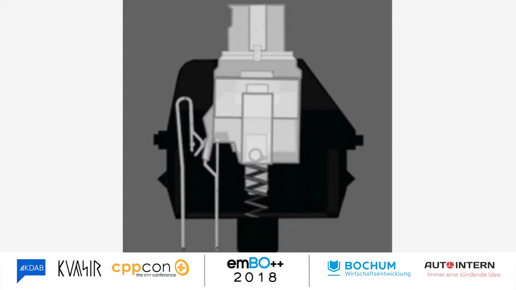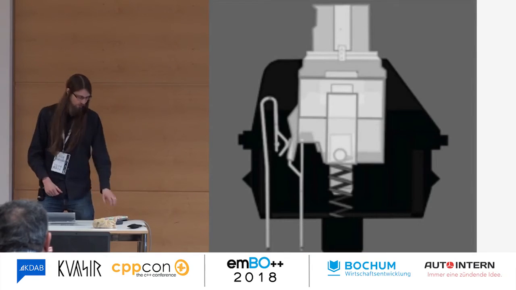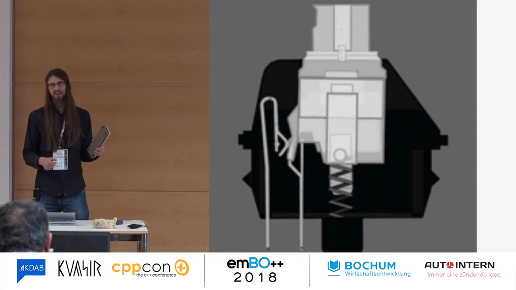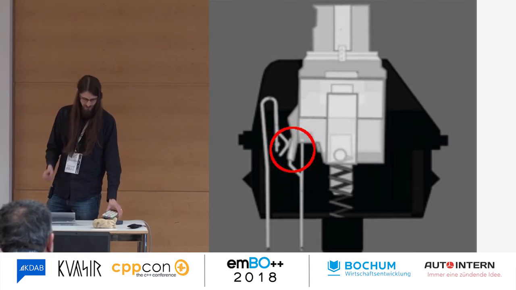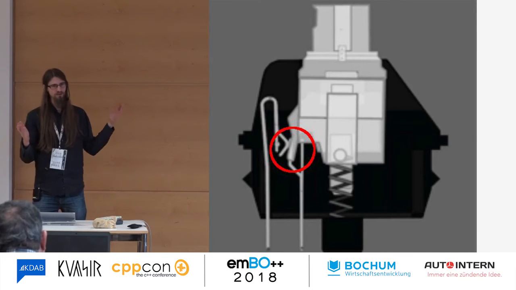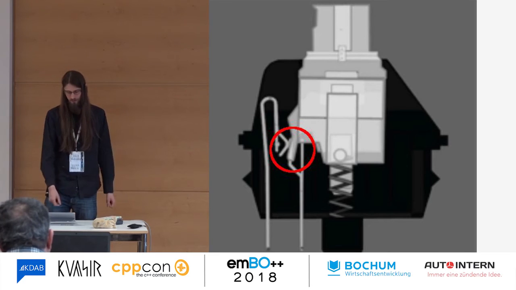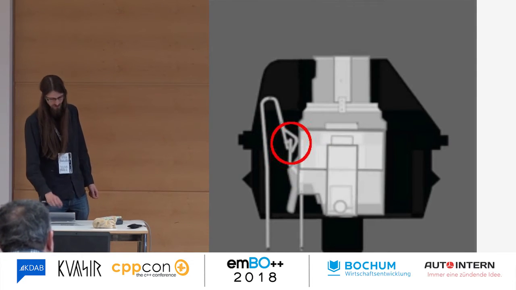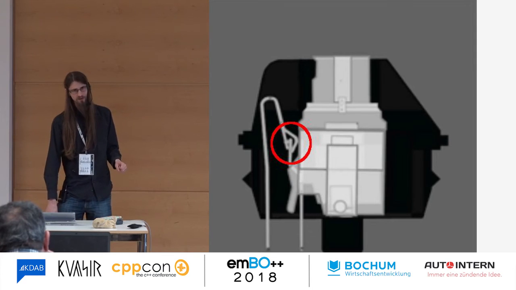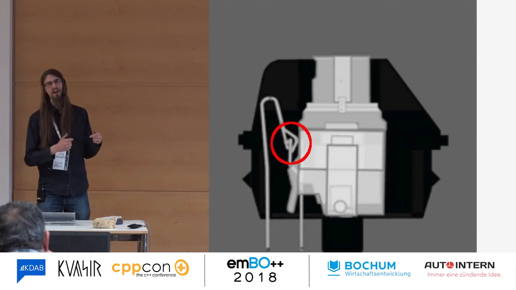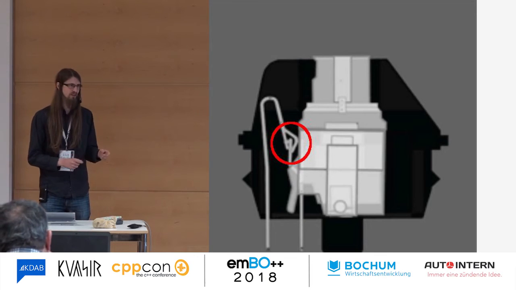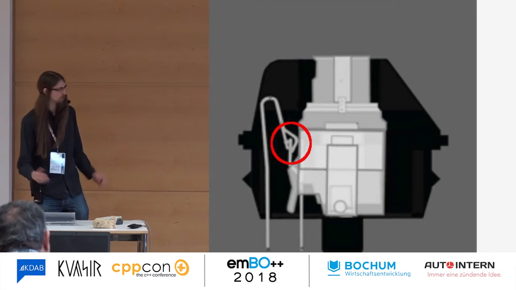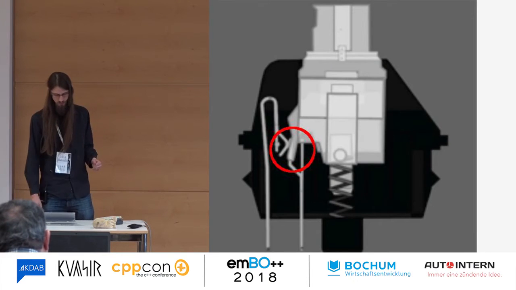This is what a mechanical switch looks like on the inside. As you can see here, we've got some contacts which are currently apart. Every switch in the keyboard, everything attached to a different key, essentially forms a circuit with the microcontroller. When these contacts are apart, the circuit's open and no current's going to flow through there. As soon as we press down the key, these contacts close and a circuit is formed, and this is how we actually detect key presses in a mechanical keyboard. So if we raise it up, no key press, put it down, contact.